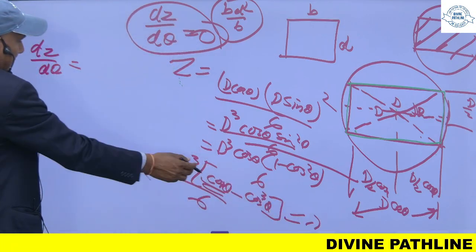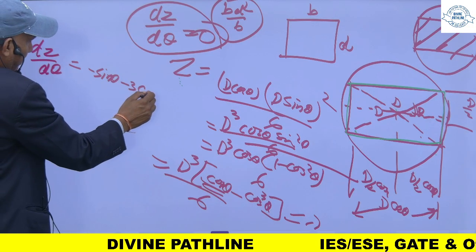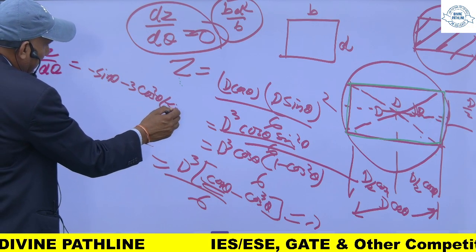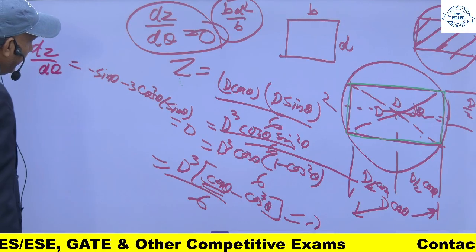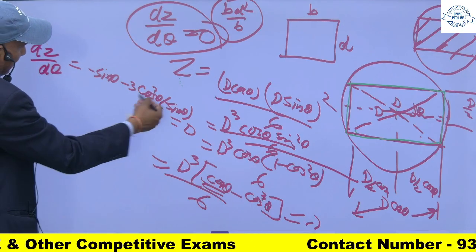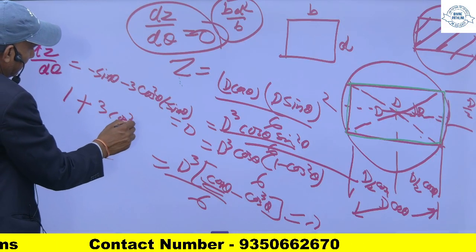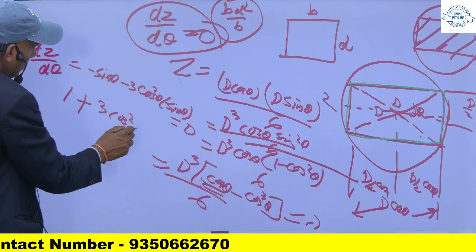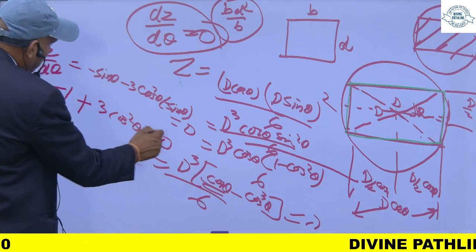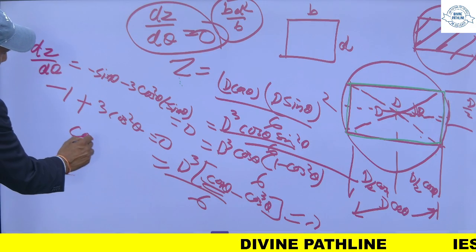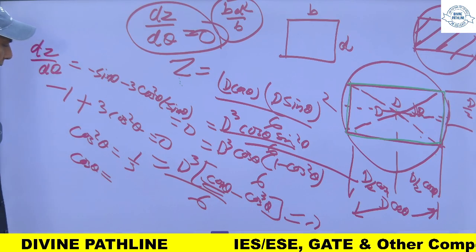So this will become cos theta. The derivative of cos theta is minus sin theta, so minus 3 cos square theta into minus sin theta is equal to 0. The sin theta will go to that side, so it will be 1 plus 3 cos square theta minus 1 plus cos square theta is equal to 0, which means cos square theta is equal to 1 by 3, and cos theta will be